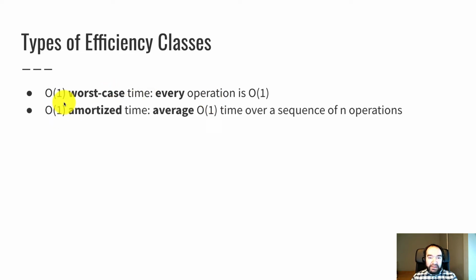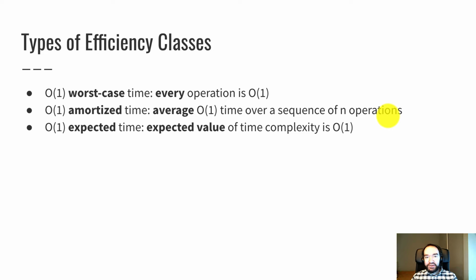Big O of 1 amortized time is a variation on that. Amortized is kind of like a qualifier or a tag. It means big O of 1 is a little bit different from usual. Big O of 1 amortized time means that the operations take an average of constant time over a sequence of n operations. So some individual operations actually are not constant time, but if you run enough of them and average it out, then on average each operation is constant time. And we saw that with vectors. When you add an element to the back of a vector, occasionally we have to resize the vector, and so